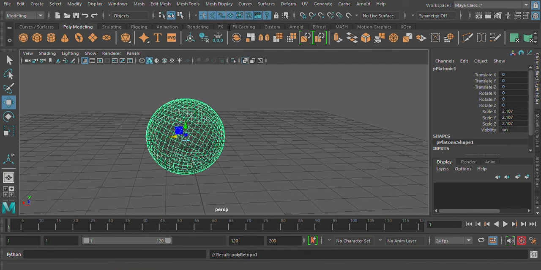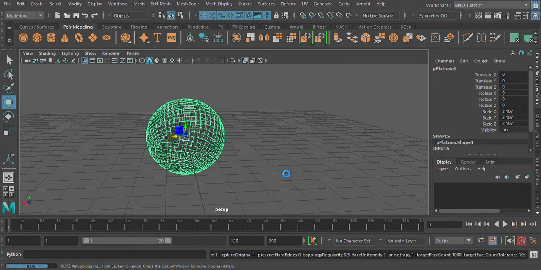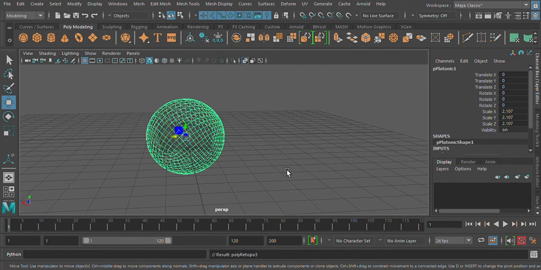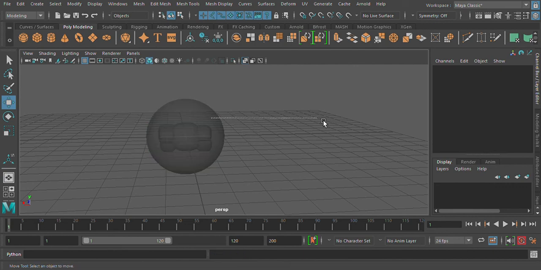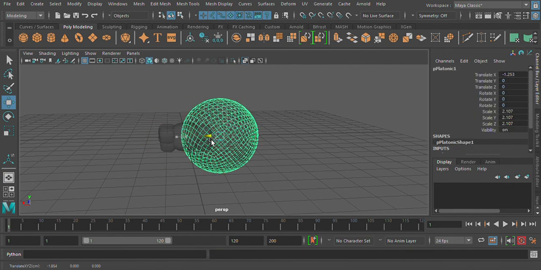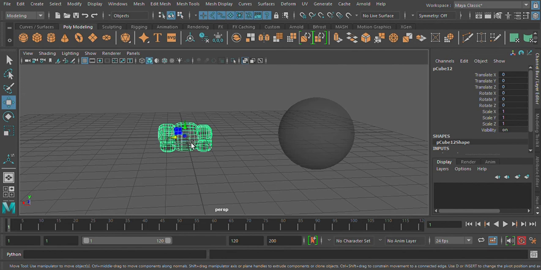Let me click on this again. Mesh, click on that again and move this to 1. It's on 1. Let me see what it should be. I think it's not